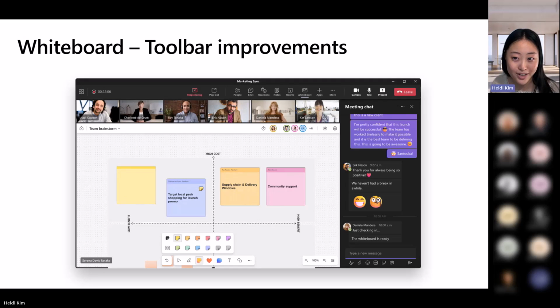Moving on to Whiteboard, there have been a number of great new visual refresh components that give you access to content creation tools like notes, reactions, comments, and text more prominently. You'll see here on this screen that the toolbar has been repositioned to the bottom, which improves usability and gives more space to just view and interact with the whiteboard, especially on smaller devices like a tablet.